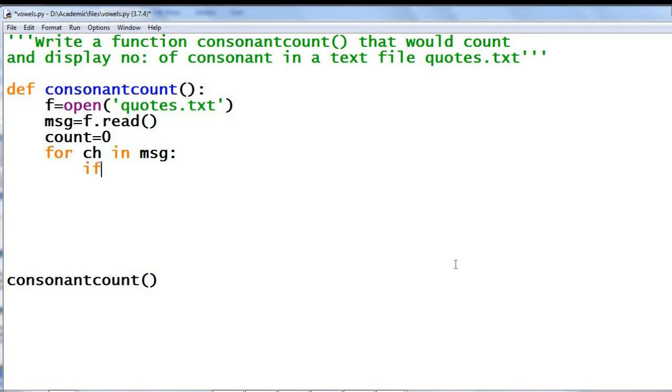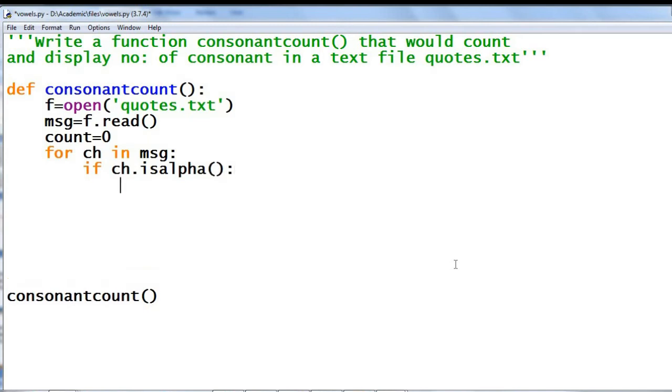First I will check whether this character is an alphabet or not. For that, if ch dot isalpha, if it is an alphabet, it will return true. Then what you have to check? If ch not in 'aeiou'. What does it mean?